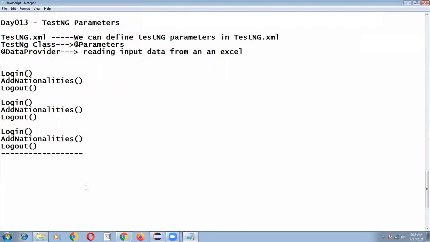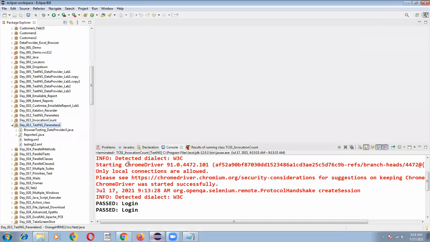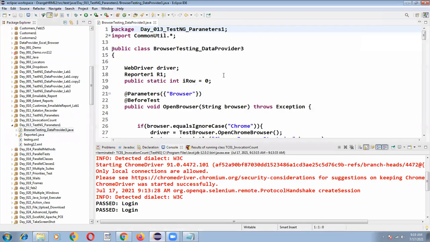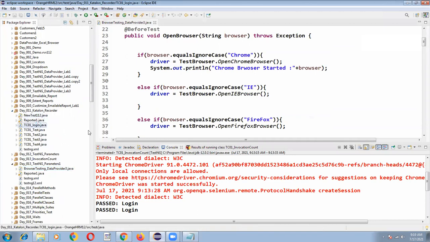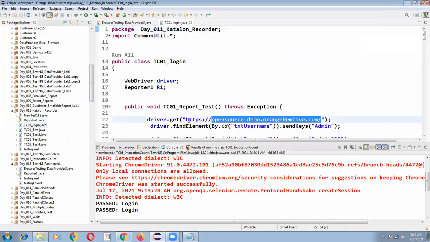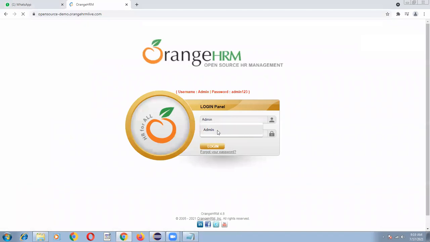To perform add nationalities, I don't need to log out again. Suppose I ask you to create a nationalities record in the system, what will you do? Just a minute. Open the OrangeHRM application. I have given a scenario to create a nationality record.